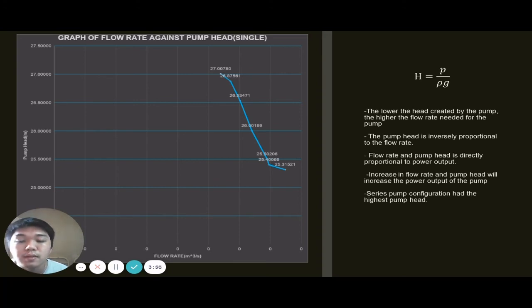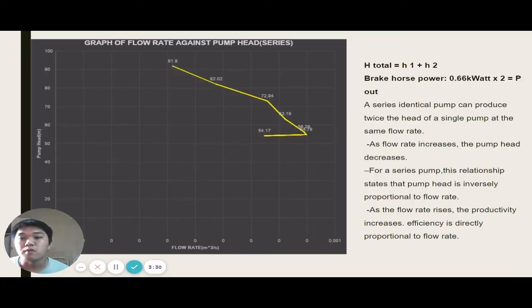So the flow rate and the pump head are directly proportional to the power output. If we increase the flow rate and the pump head, the power output of the pumps will increase. In the series pump configuration, it has the highest pump head. For the graph of flow rate against pump head in the series pump configuration, the formula of the net head total for the series pump is head 1 plus head 2. So the input horsepower for the series pump is 0.66 kilowatts by 2, because